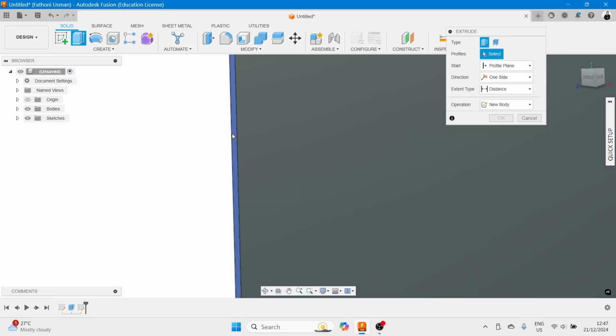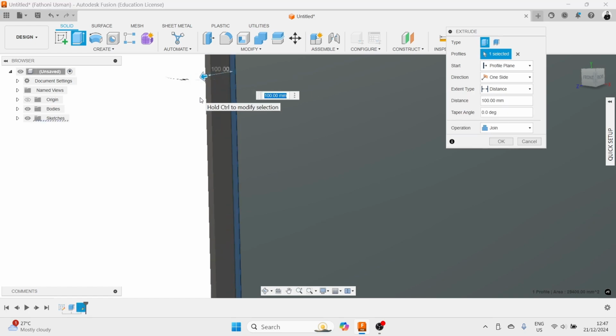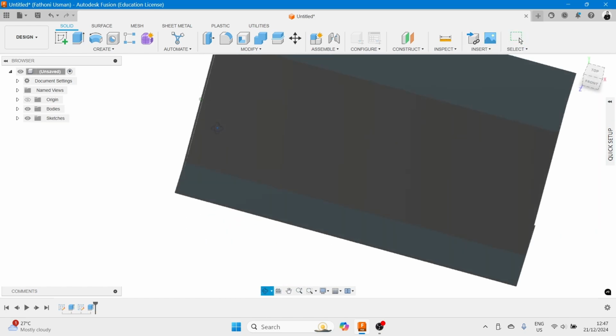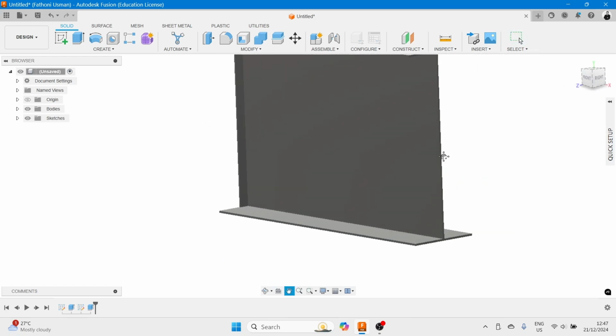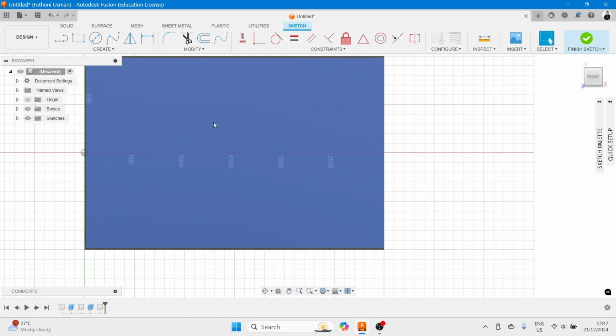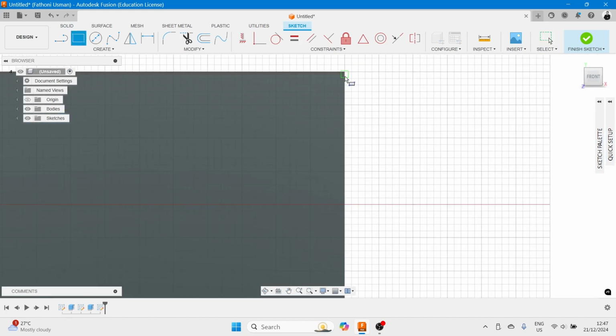a bit, we rotate, and then select this one. So how much we want to extrude, let's say 100 millimeter, and enter. So then the first stiffener is created already. Then I want to construct my stiffener also here. So create, press this one, the surface here, and then after that same, select from the end here,